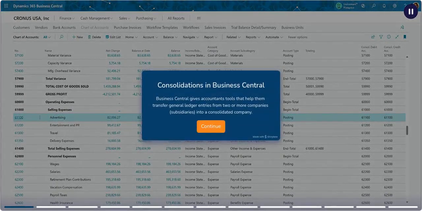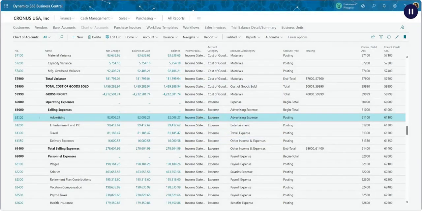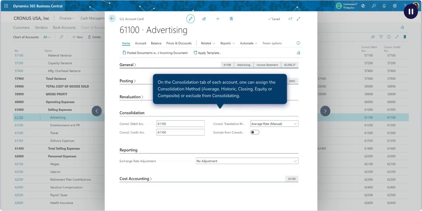Business Central gives accountants tools that help them transfer general ledger entries from two or more companies, subsidiaries, into a consolidated company. In the Consolidating from Company, each account can be assigned to an account in the Consolidating to Company. On the Consolidation tab of each account, one can assign the consolidation method: average, historic, closing, equity, or composite, or